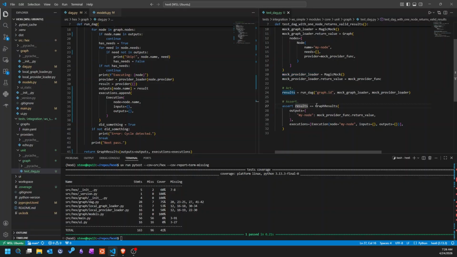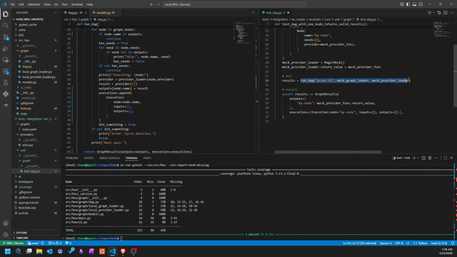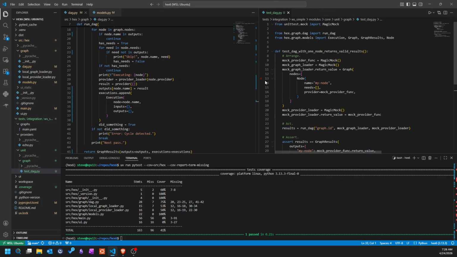And then we just assert that when we do that, we should get an output with the called provider stored under that node's name, executions with that node noted, and empty input and output ticks. So now it's quite clear that we can modify this to be namespaced by the node. We can modify this to actually contain the proper inputs and outputs. We'll probably need an additional test to pass inputs and outputs into the DAG, but this adds so much flexibility